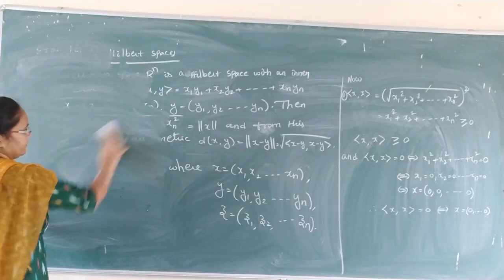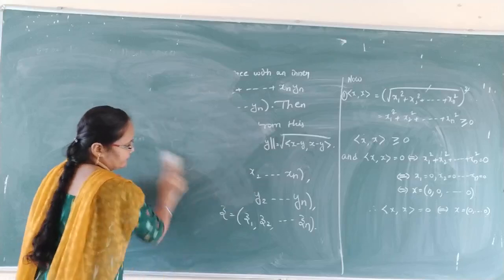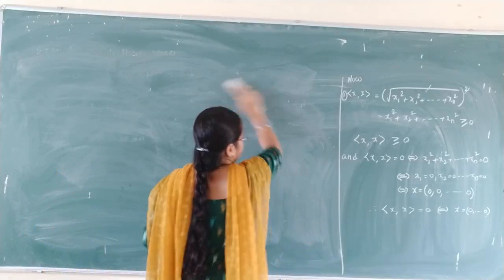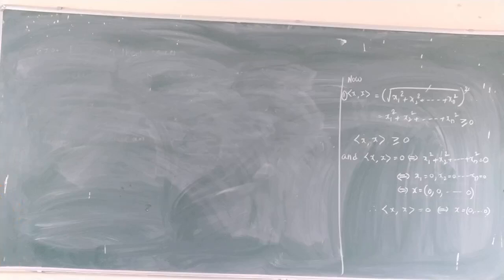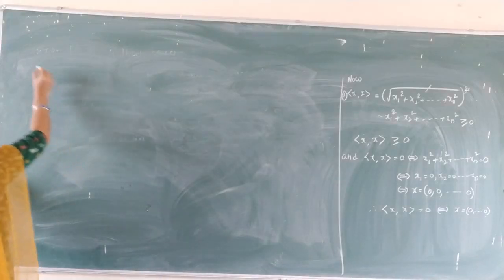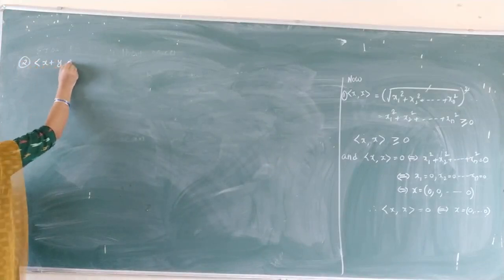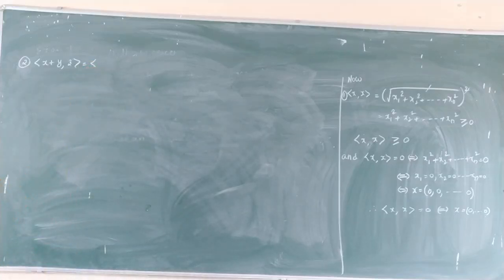So next we have to calculate the second property of the inner product space conditions. The second property is the inner product of x plus y comma z. Here we are adding the x terms and y terms, later comma z terms. So how to write it is